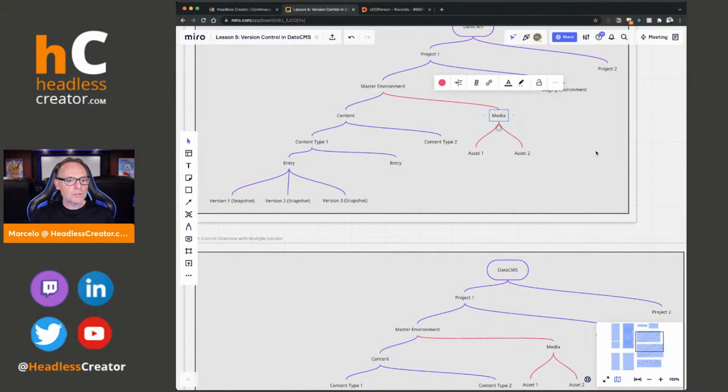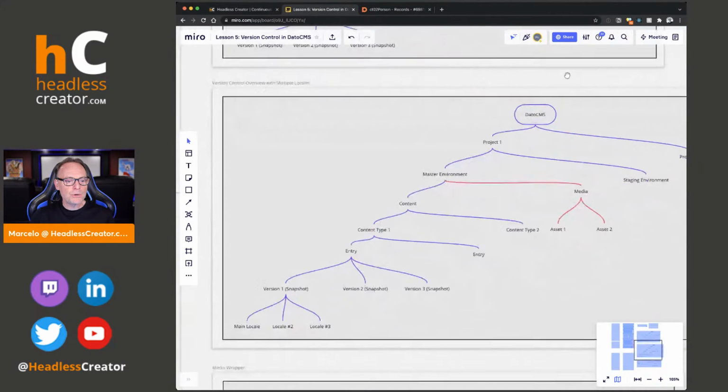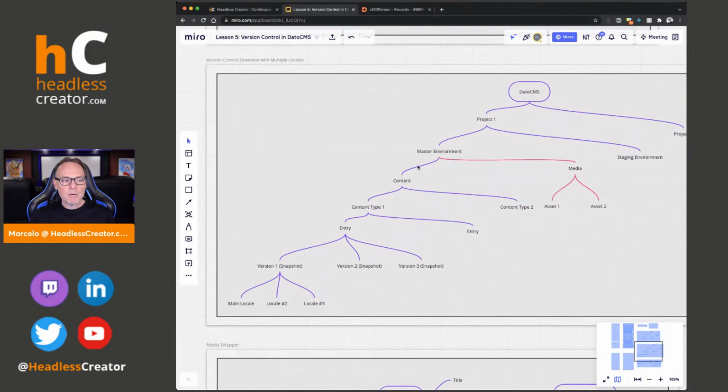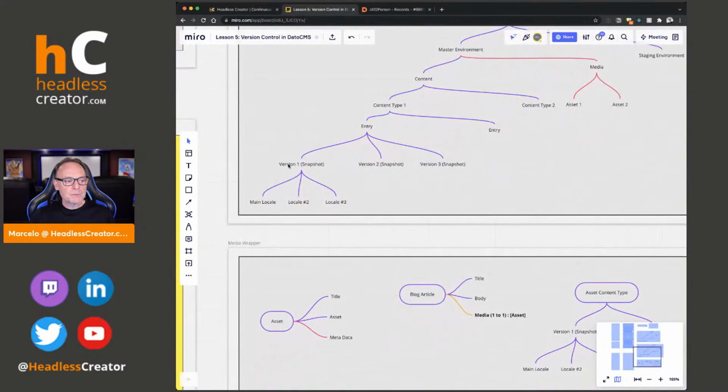So let's go back to Miro here, and I'm going to show you. What happens is it's the same hierarchy, okay? Everything is the same here. But what really happens behind the scenes is that right now I don't have any locales except one. But when you have multiple locales, the snapshot